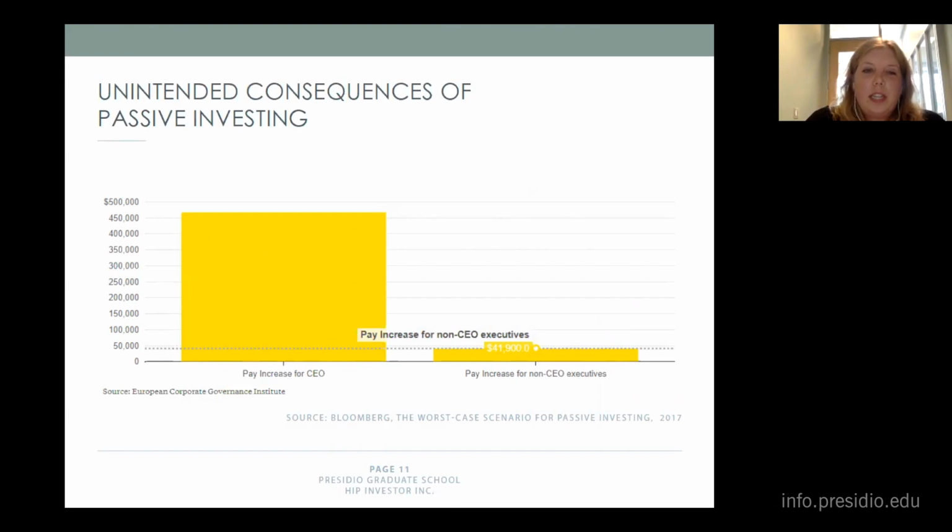So another study found that executives at companies and industries with high common ownership were paid 25% more than executives in industries with lower levels, and CEOs get most of those gains. CEO pay can jump up to 10 times what it is for the other non-CEO executives, and that's what this graph is showing, the increase in pay. Index fund ownership tends to lead to high executive compensation.